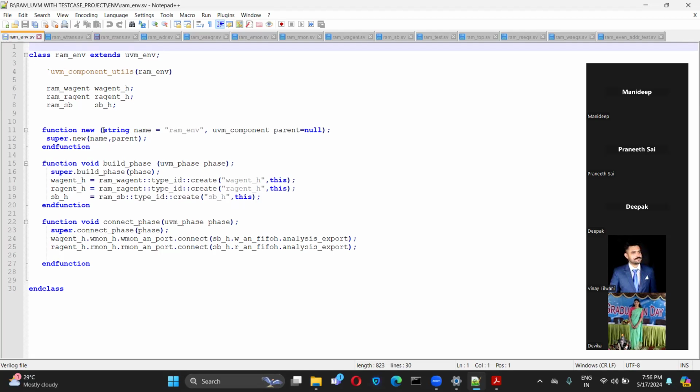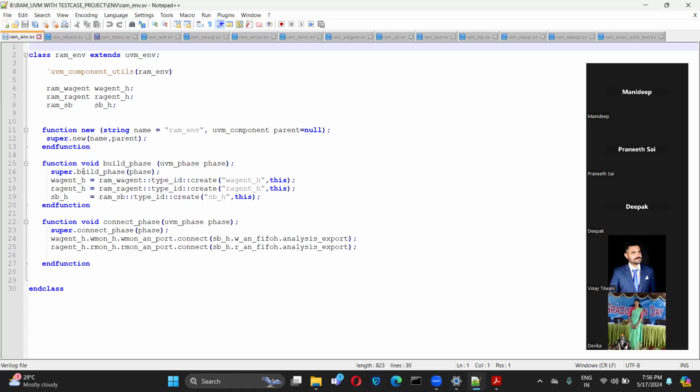So in any class, if you go and observe, the first thing is you have to inherit from the base class. Then you have to register that component in the factory. And then if there are some things, for example, env. Env is a container which has the different agents and scoreboards and a reference model, right? So if you have to create inside that particular env, you need those handles, right? So you will declare those handles. This is the third thing you will do. And then the constructor default, those things you have to declare, right? The function you will have to create. And you have to see this is a component, so we'll have two arguments. One is a string name and the other one is the component parent. You just have to give it as null.